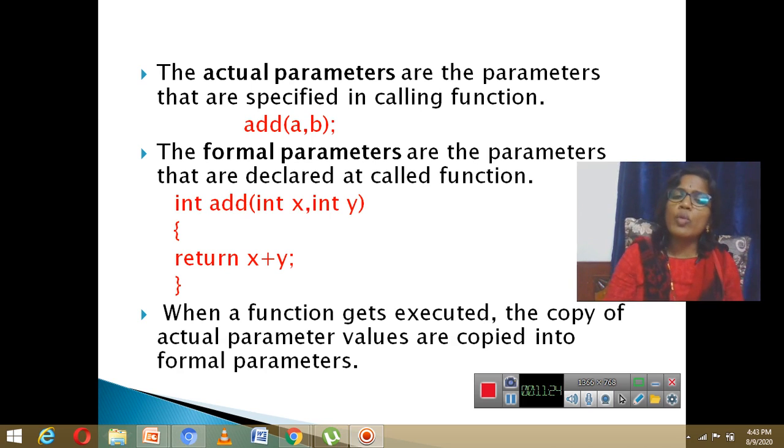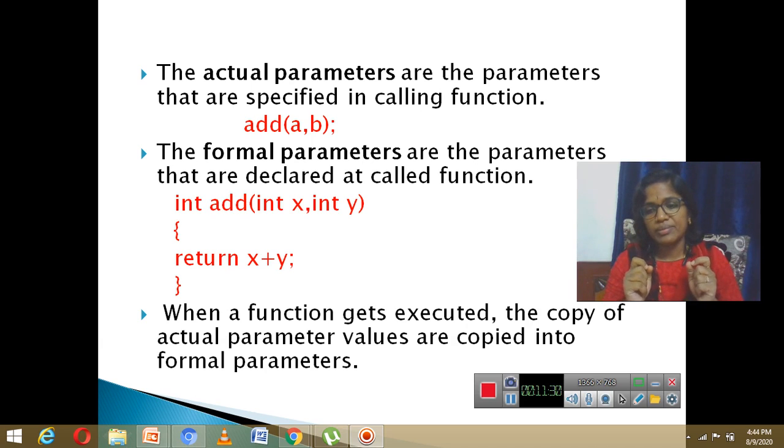Okay, so when a function gets executed, the copy of actual parameter values are copied into formal parameters, right? So here a and b are copied into x and y, and the work will be done for x and y, but actually the changes will be made to a and b. So let's see further so that you can understand easily.